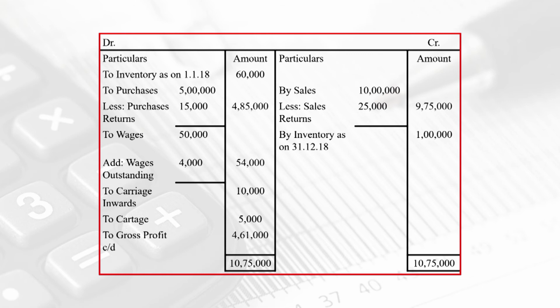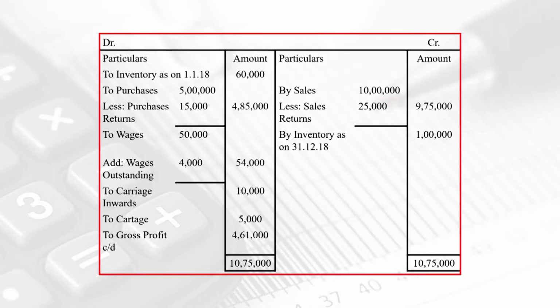So this amount showing 4,61,000 is the balancing figure, and this amount is known as gross profit. Because we have to match the balance of the debit side and credit side, in order to match the balance of this account, we have a balancing figure of rupees 4,61,000, and this balancing figure is termed as